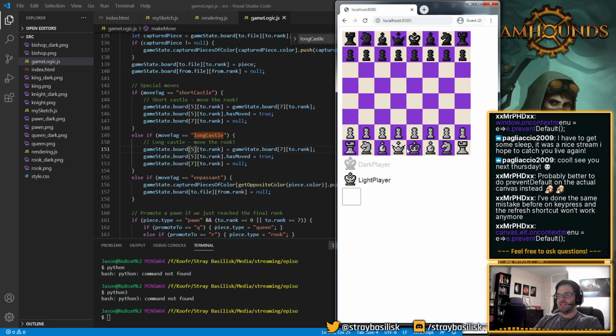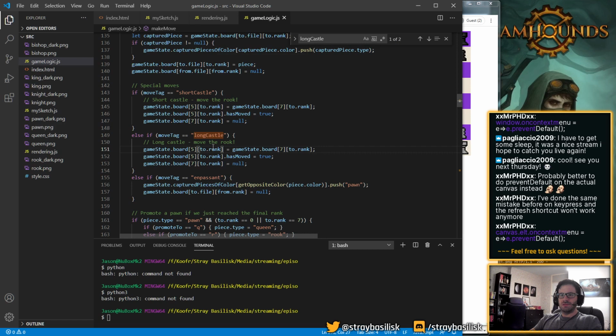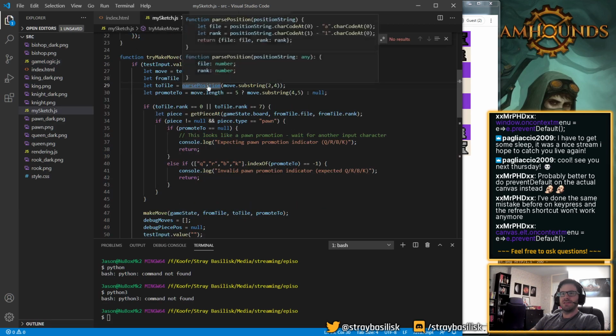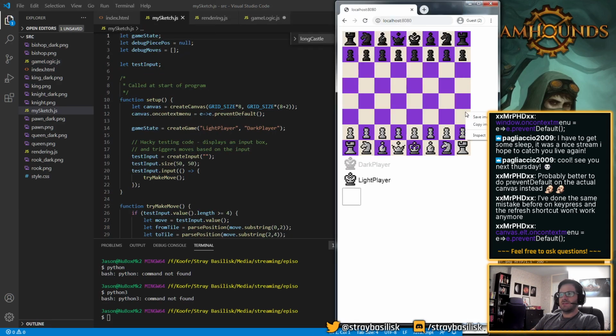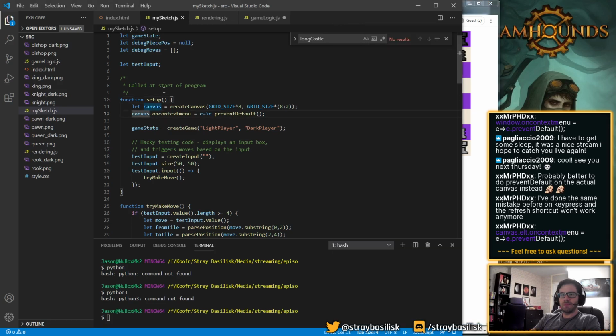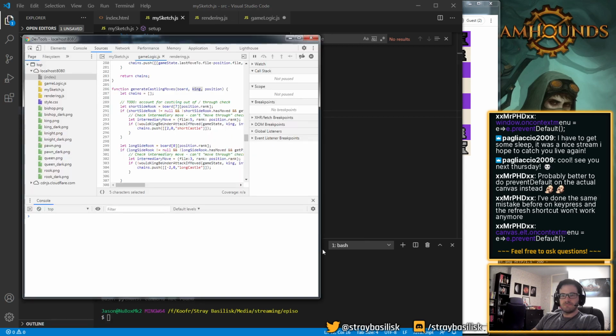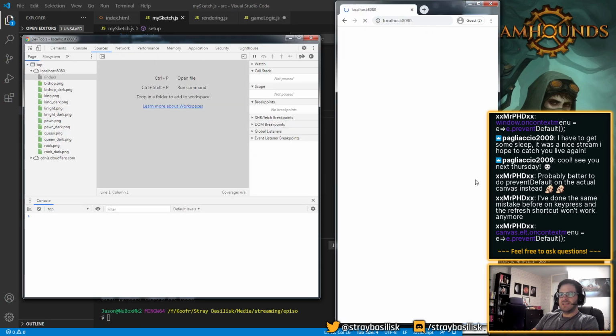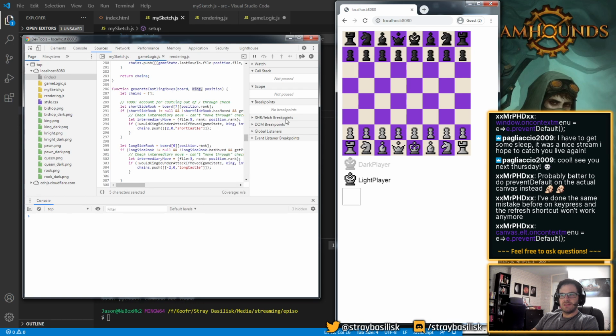That should go here, right? 1, 2, 3. I believe it's 3. Should be 0. Dot alt. Is that even defined? It is. Okay, that worked.